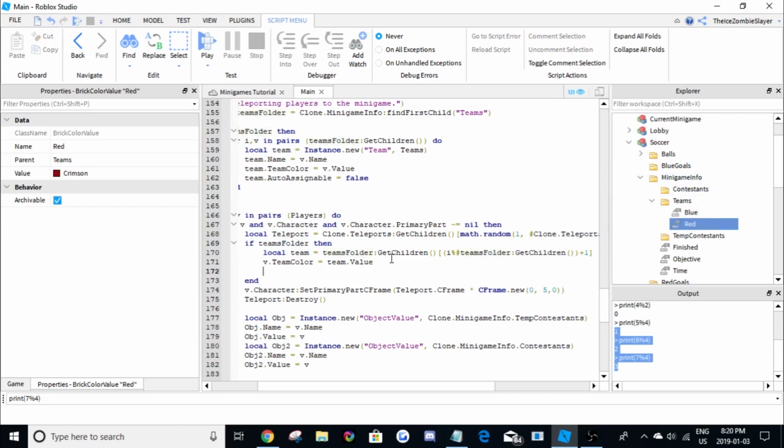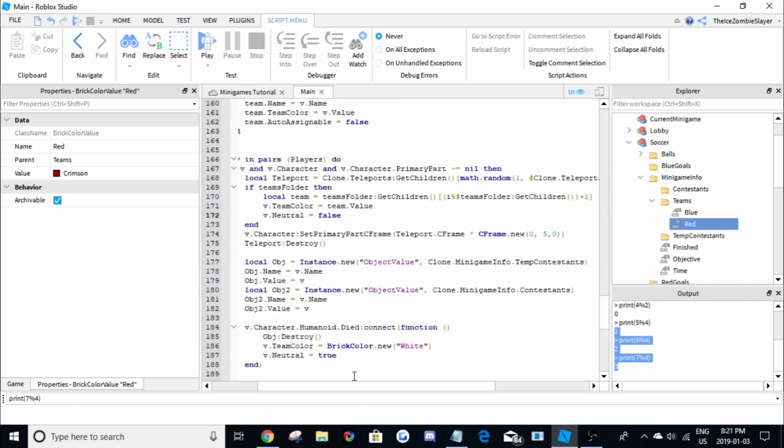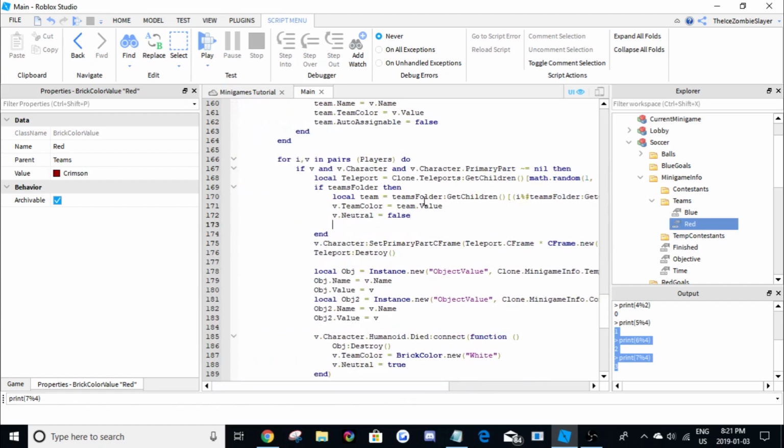And after that, just do v.neutral equals false, because we don't want them to be put on the neutral team even though they have a team color. Alright, so now we have the teams,